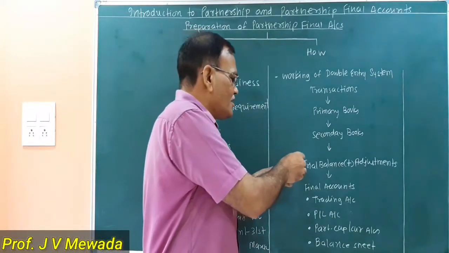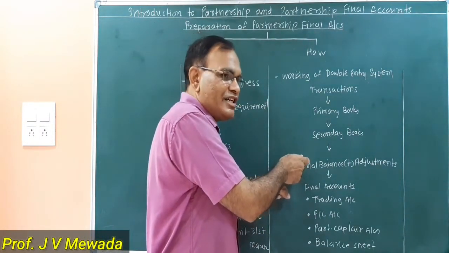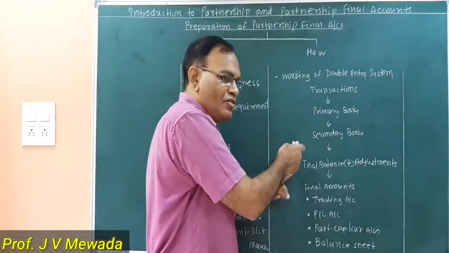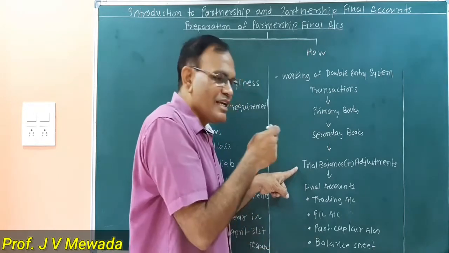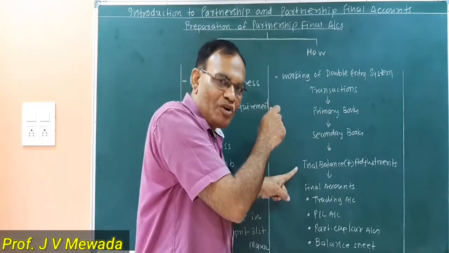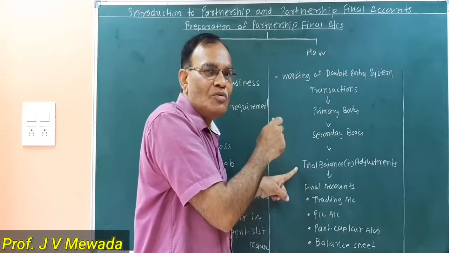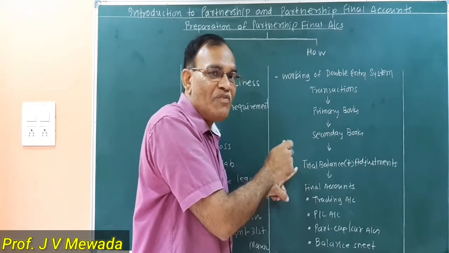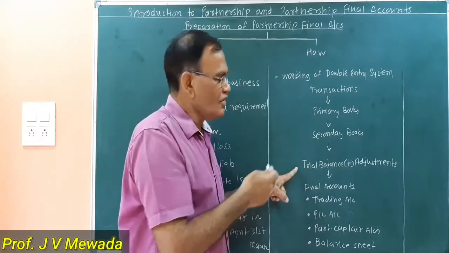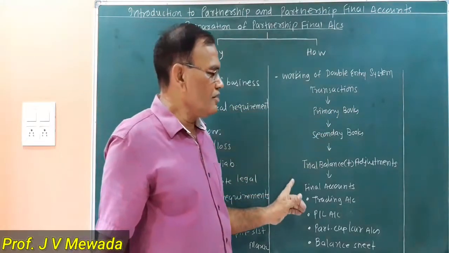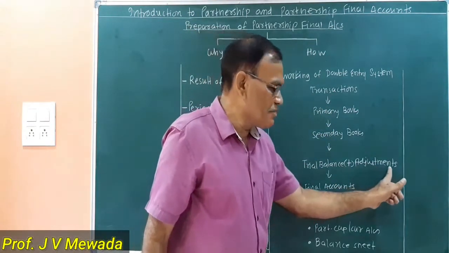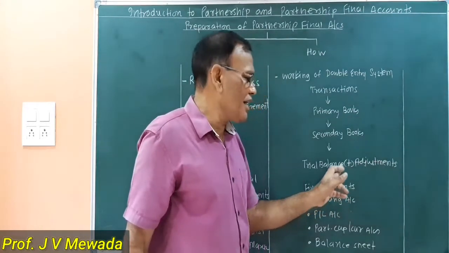Now the trial balance is acting as an agent between the books of account and preparation of final account. At the same time, trial balance is also helping us to know the errors, if any, in the books of account. So we are preparing trial balance, and with the help of trial balance and adjustments,